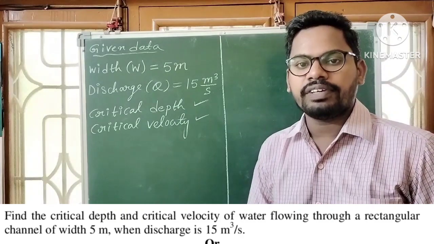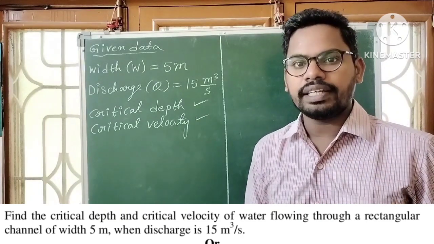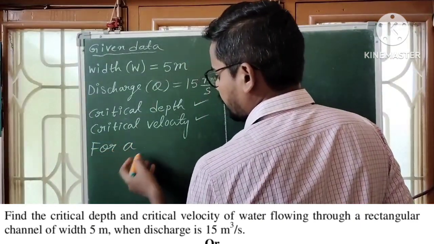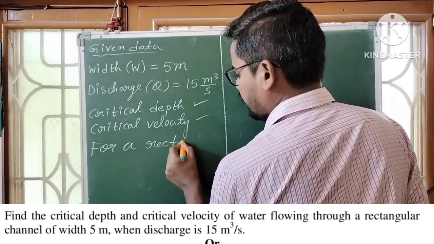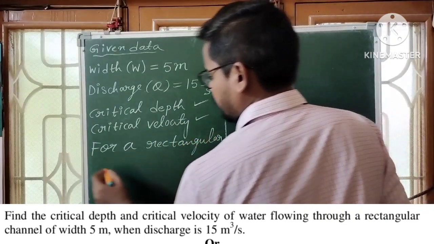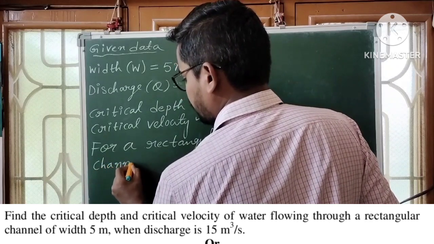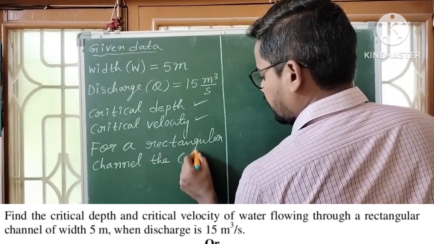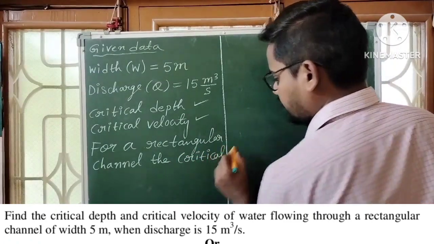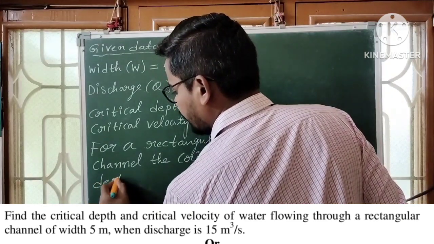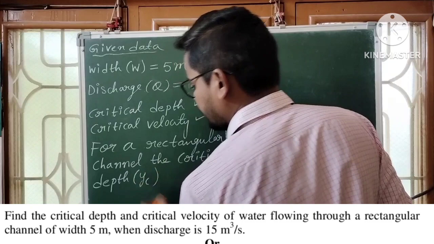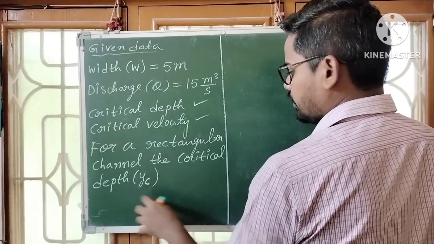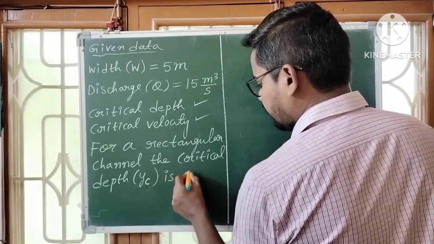So generally for a rectangular channel, the critical depth is given by, for a rectangular channel, here given rectangular channel, the critical depth. So critical depth is generally denoted by small y suffix c, yc. So c for critical. So yc represents critical depth, and it is given as